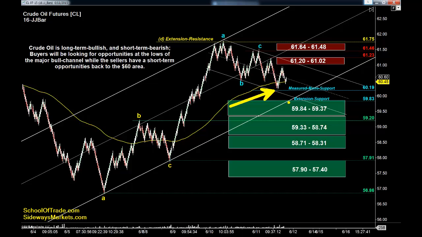If I had to guess right now, though, they're not going to make it that easy on us. I would imagine they try to push below to 59.83, and then we get the run up. I hope they do because that's where all the bulls get to reload again, and this will be a nice push off. At least it should be a nice push off it. We'll wait for proof. Remember, professional traders, we anticipate for a living, but we always get proof. So we'll wait for proof on that. So we definitely have support here at 60.19.